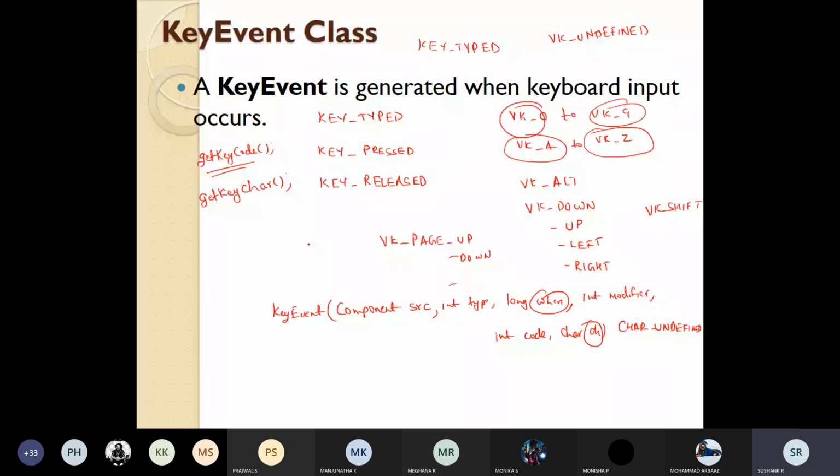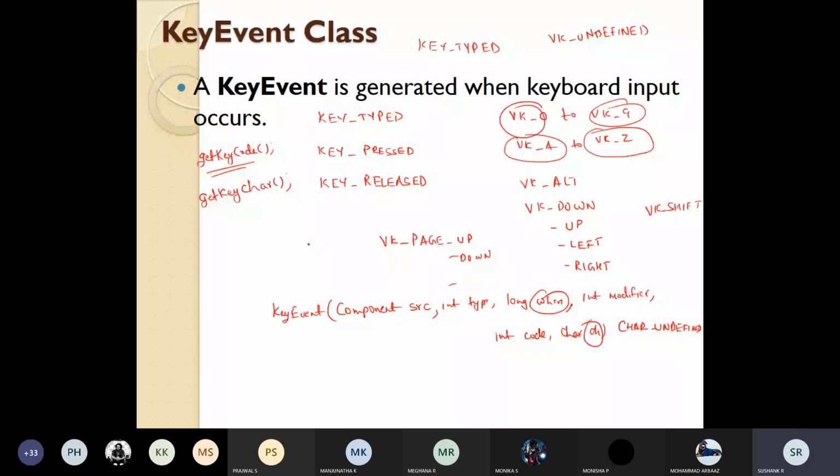One is WHEEL_BLOCK_SCROLL. Here the scrolling will happen based on the way in which you are scrolling, like by dragging the slider.